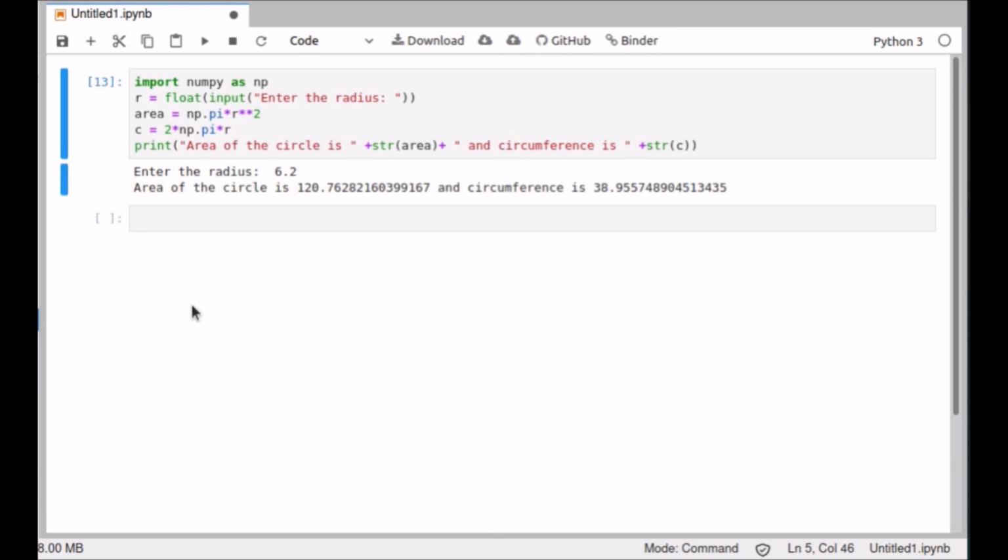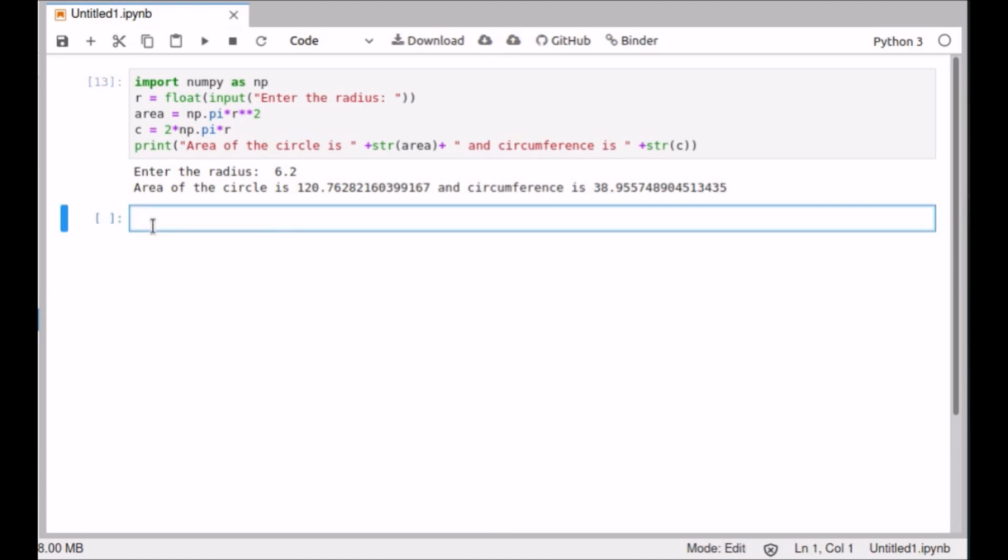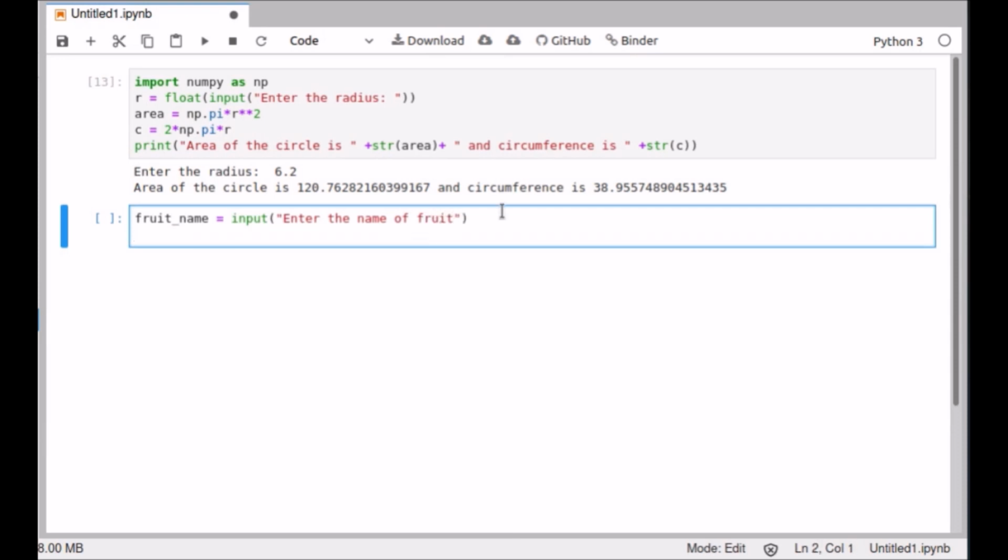We can make similar operations of variables on strings also. I will create a variable fruit_name equal to input with the message "enter the name of fruit". Another variable fruit_color is equal to again an input statement. So I'll copy paste the previous line and replace name with color.